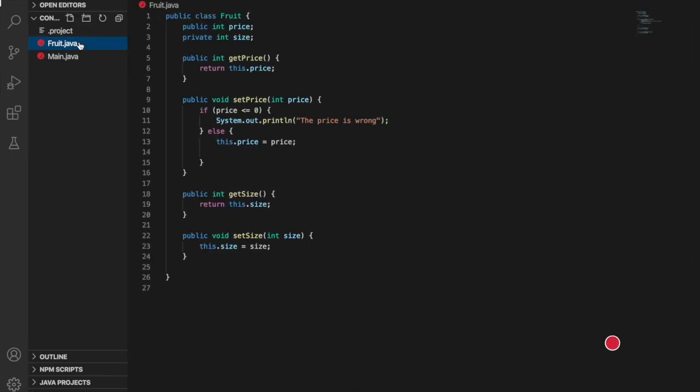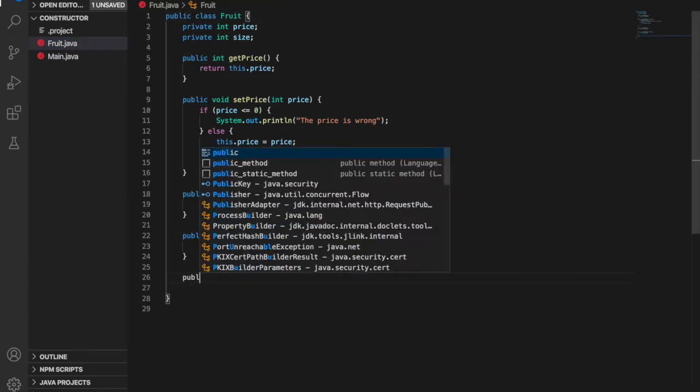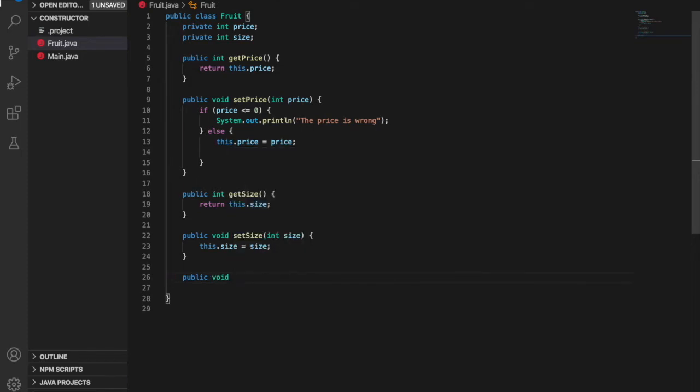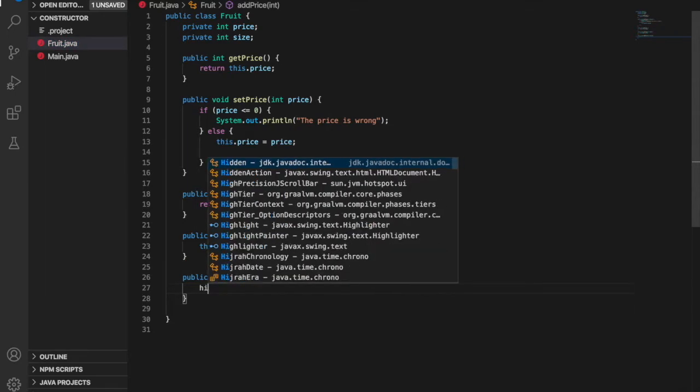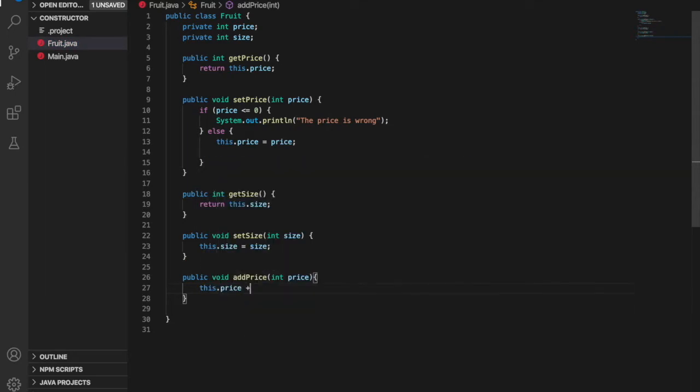Now we can go to the Food.java and create some methods to increase the price and also decrease the price. But first we are going to change this back to private. And at the bottom we are going to create public void addPrice, and then set the integer price. this.price += price, and then